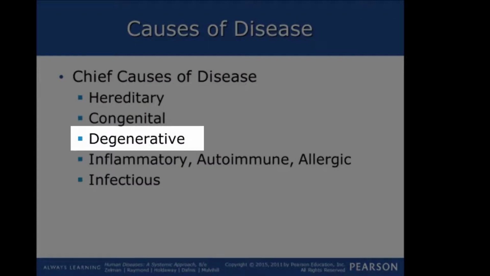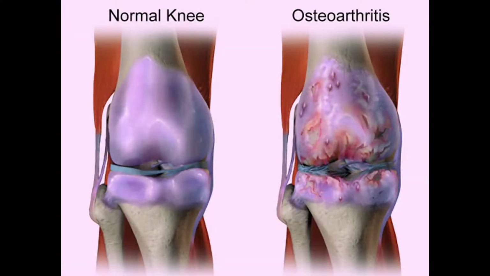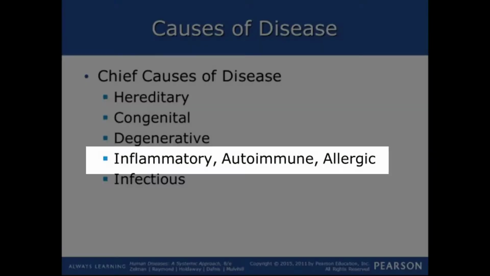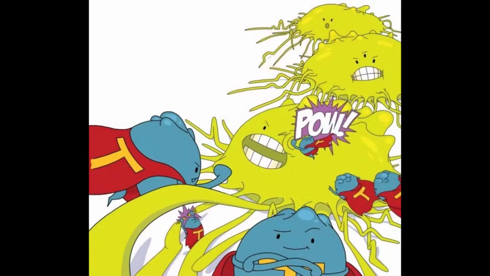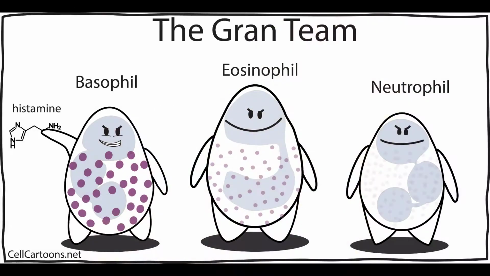Degenerative means the disease comes from wear and tear over time, something like osteoarthritis, which is just a wear and tear of the cartilage. That's a degenerative disease. Inflammatory, autoimmune, or allergic just means that it's an abnormal immune function. So inflammation results, autoimmune, where the body attacks its own cells, or allergic, it's a result of histamine response, like